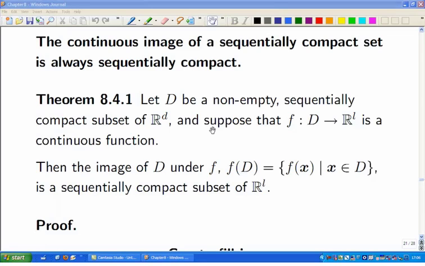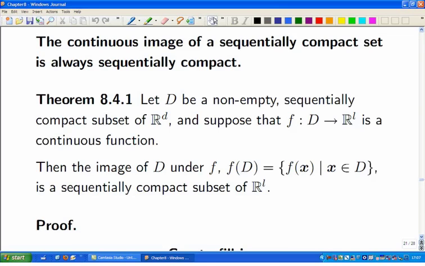Okay, so this is the last screencast from chapter 8, and it's a recording made after the lecture as a narration, as the sound recordings all failed on the 24th of November 2009. Anyway, where were we? We had just proved that the continuous image of a sequentially compact set is always sequentially